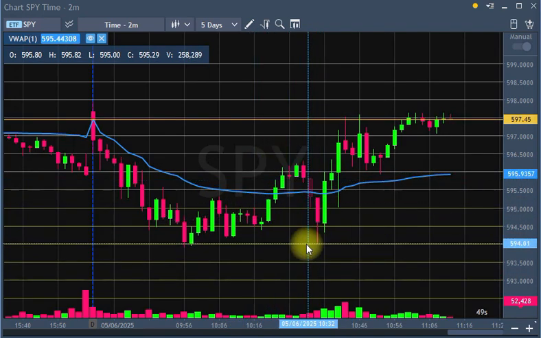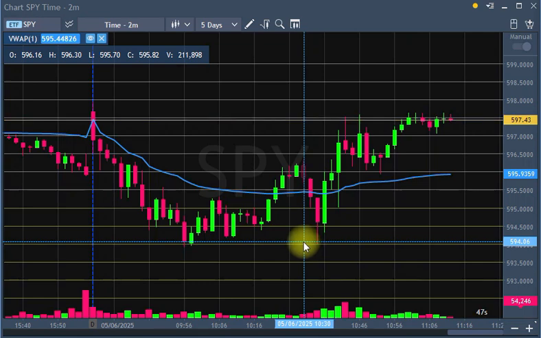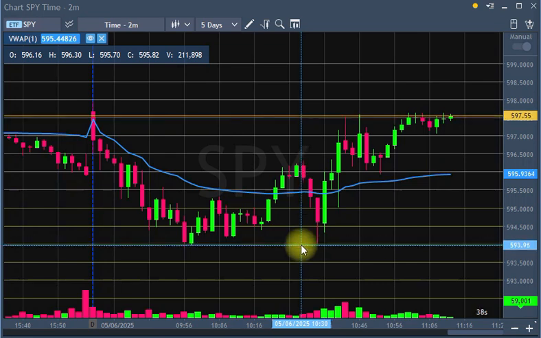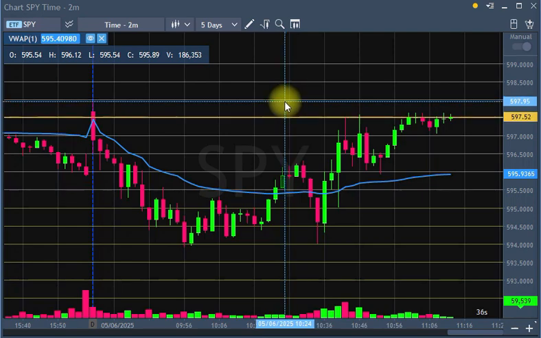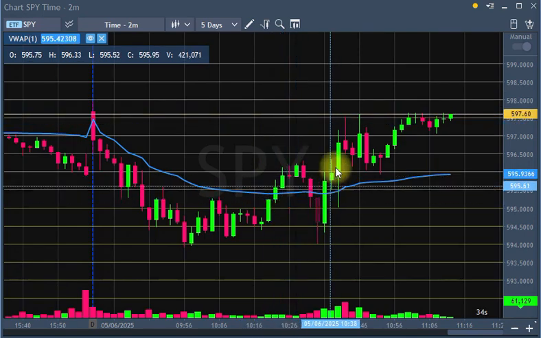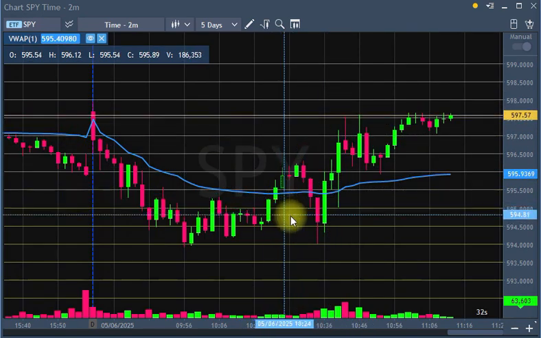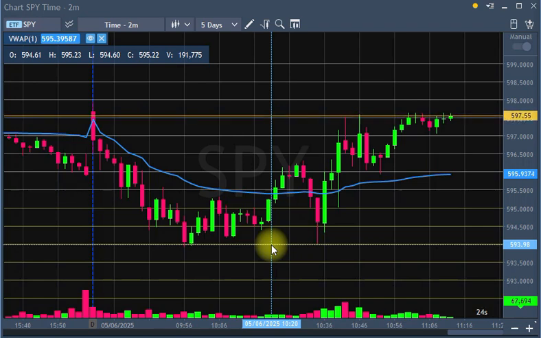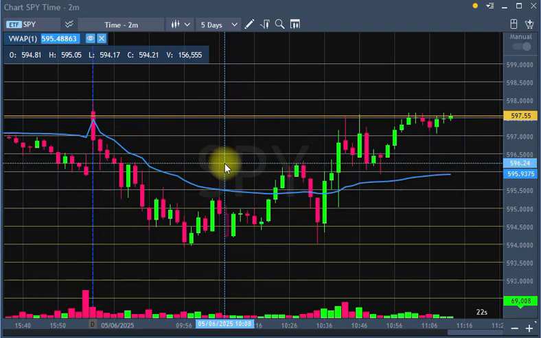So we had a spike lower, lows of the day, guess what, another round number. Keep in mind, everybody, those round numbers. Sorry, my mistake. The highs of the day were 598 in the first minute, but now we're trading basically 40 cents below. The spike was lower. You can see the lows of the day, 593.91. Let's round that up to 594, and now we are at the highs of the day.